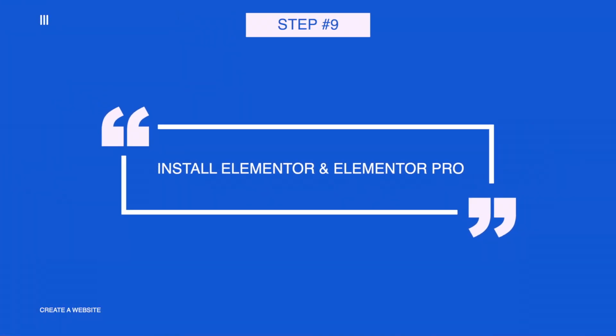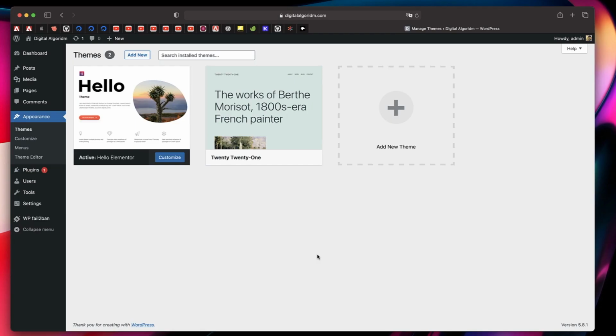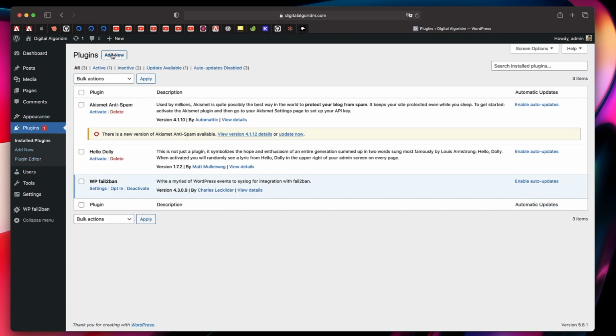Now, step number 9 is to get Elementor and Elementor Pro so that we can design our website without writing a single piece of code and by using visual interface. Now to do that, go to plugins, click on plugins, click on add new either here, or you can also click add new at the left side of the screen. I'll just click the add new button here,